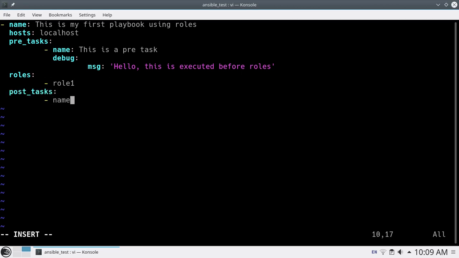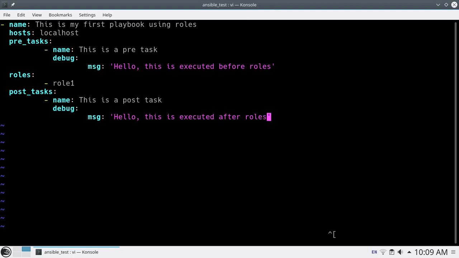Here I put name: This is a post_task. Here also I'll use the debug module and I'll show the message like: Hello, this is executed after roles.